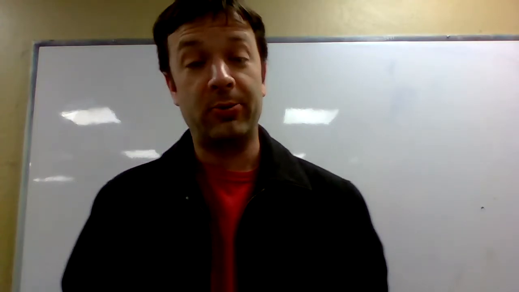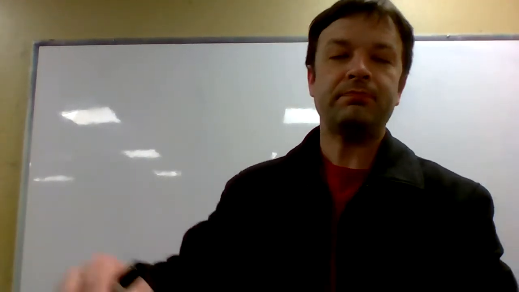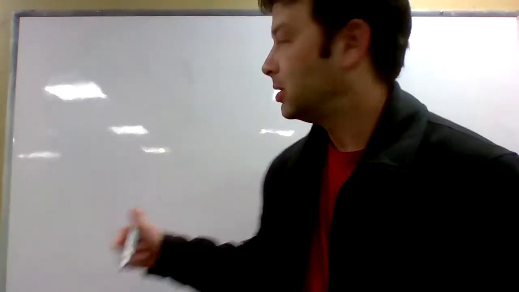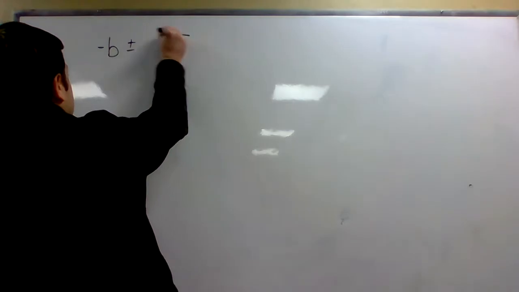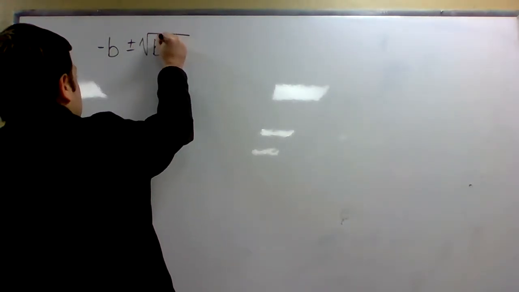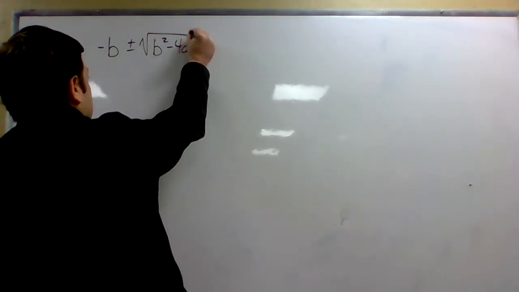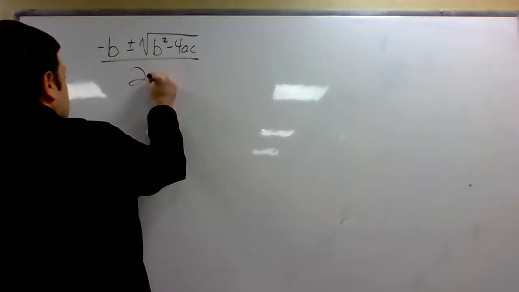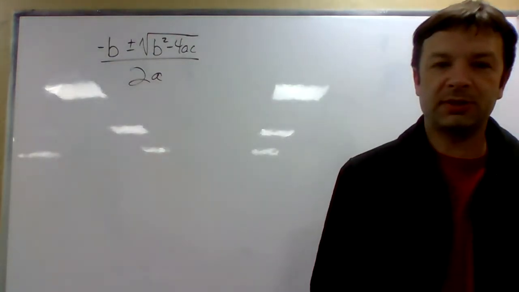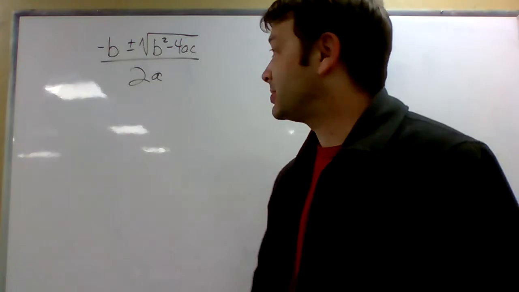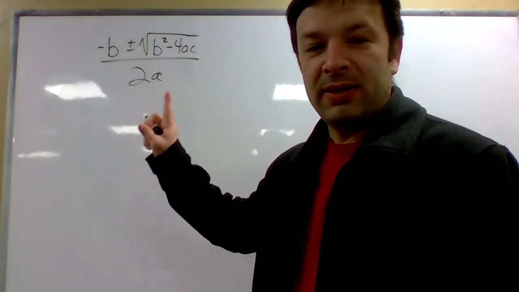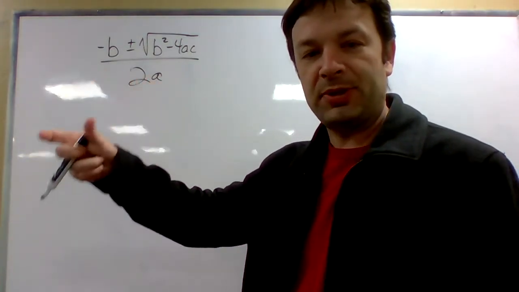So do you guys recall the quadratic formula? Here, hold on. All right, there it is. Negative b plus or minus the square root of b squared minus 4ac, over 2a. Okay, where a, b, and c are the numbers in front